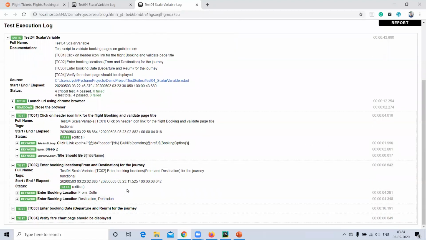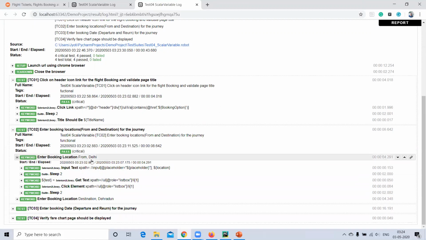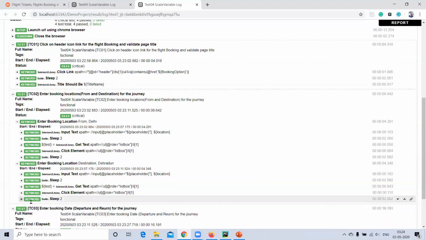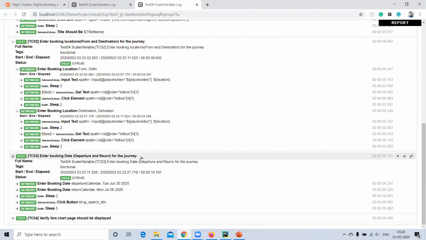And in the second scenario, I had written the test case to enter the from journey option and destination journey option. As you can see, from I had provided Delhi, and destination I had provided Dehradun. And then I'm just providing the departure date and return date.